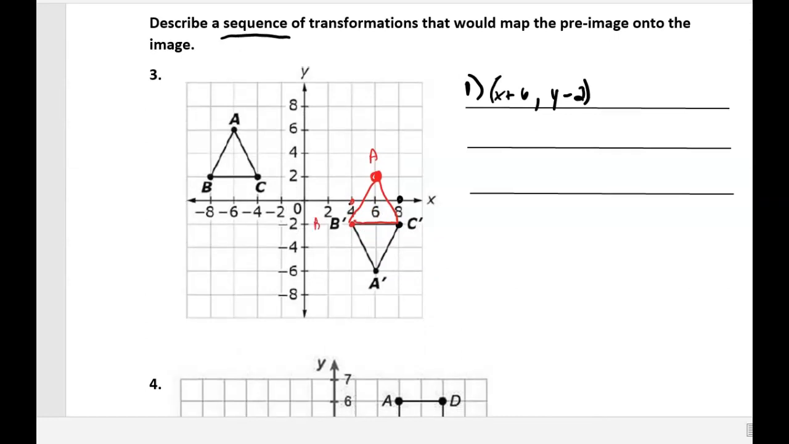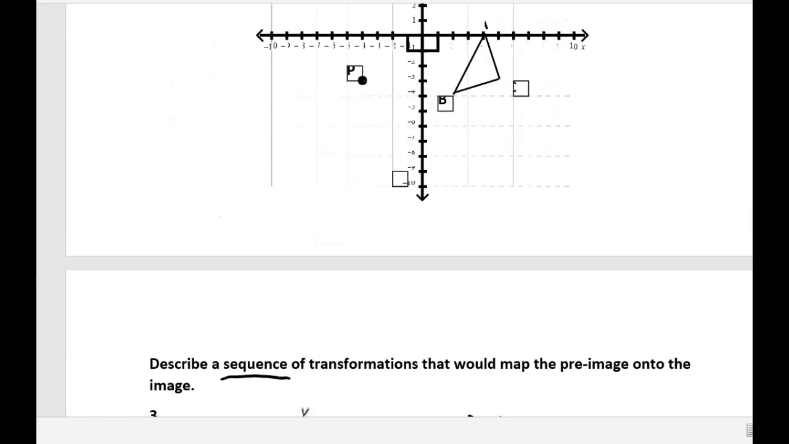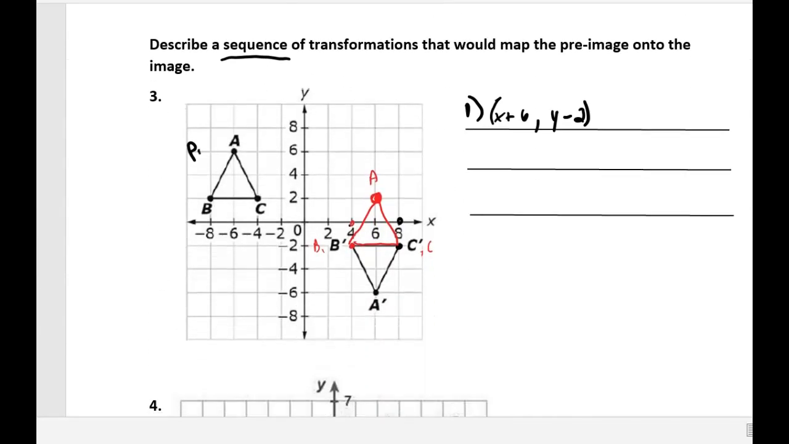This would have been B lining up right on top of B prime, and then C ends up right on top of C prime. So when we do that, this is going to be a common word that we would use. We would take the pre-image. Again, this is your pre-image, the original. So this is our pre-image, and we're going to move it over here to our image. So we're going to take x plus 6, y minus 2. So move it right 2, down, right 6, down 2. And then we would write so that